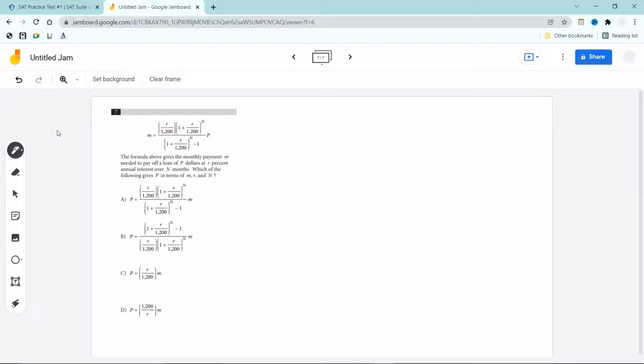So it says the formula above gives the monthly payment M needed to pay off a loan of P dollars at R% annual interest over a period of N months. Which of the following gives P in terms of M, R, and N? Okay, so right now we have an expression in terms of M. We have an M solo on one side, and we have this clump being multiplied by some number